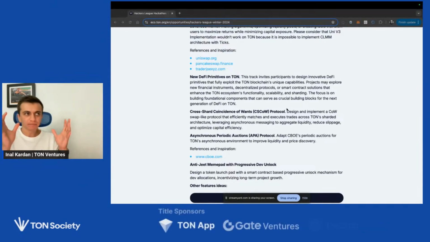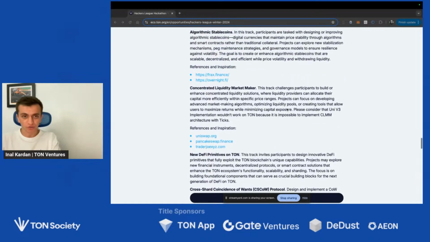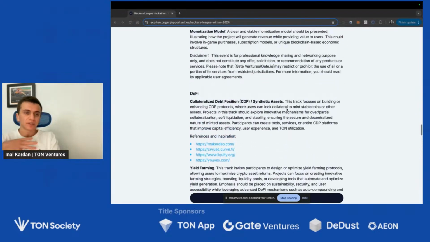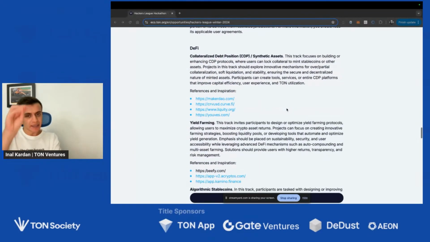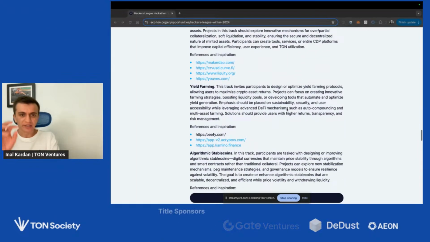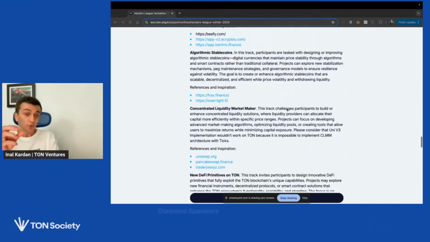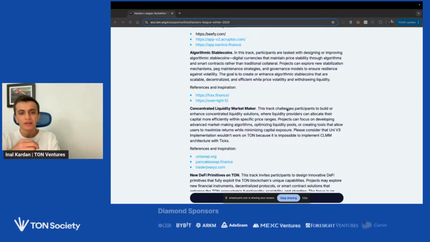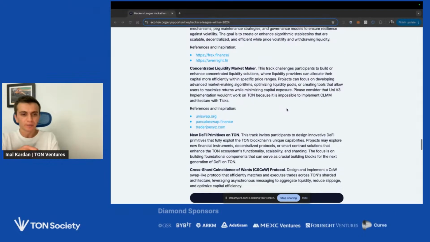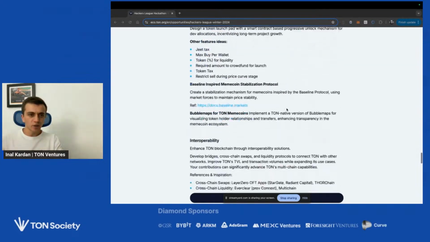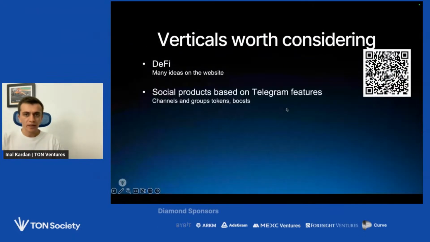So making all the steps to market is quite important for the DeFi section as well, not only having smart contracts. If you're considering building something in DeFi, carefully look at this list. Again, there are examples and descriptions. Think of what you can actually build in terms of smart contracts and what you can market better than anybody else, because marketing and acquisition strategies are quite important for DeFi. So let's go back to the list.